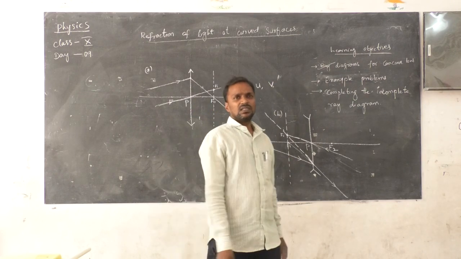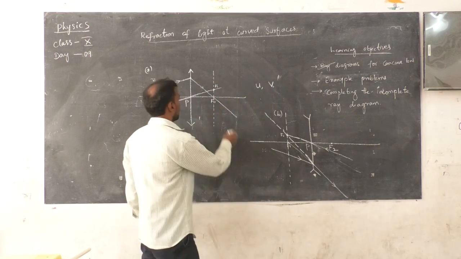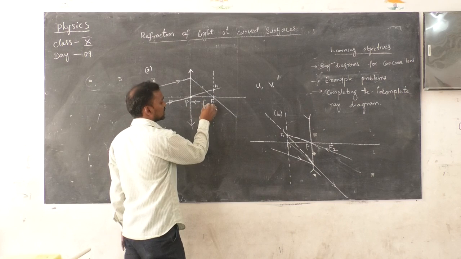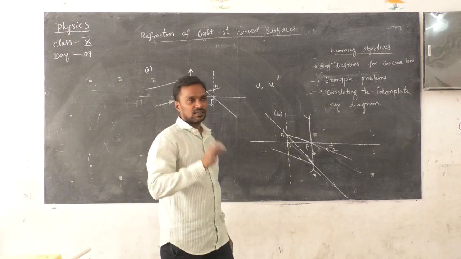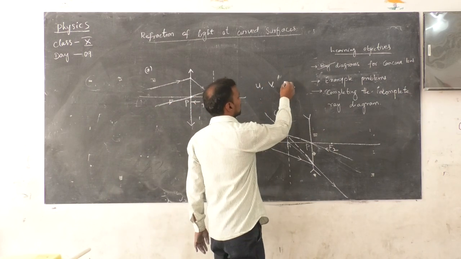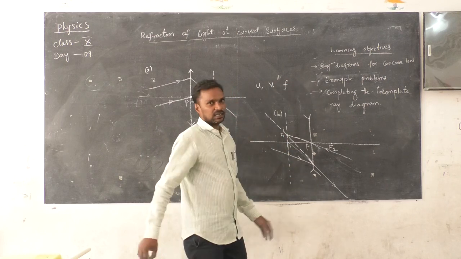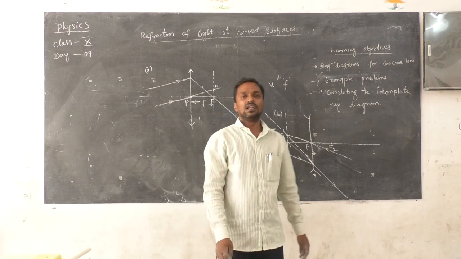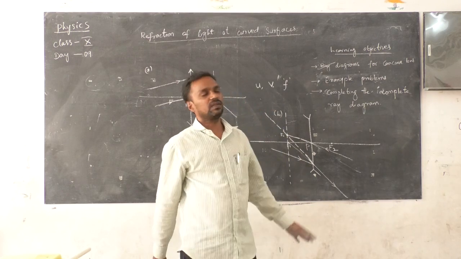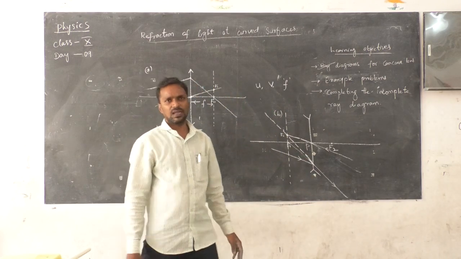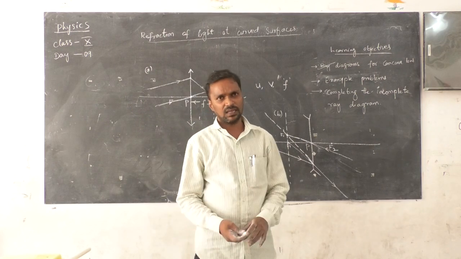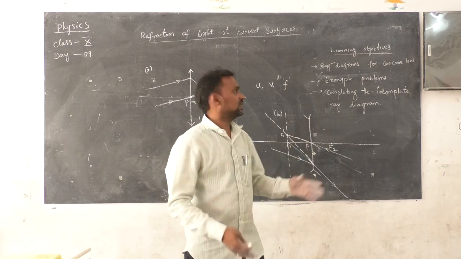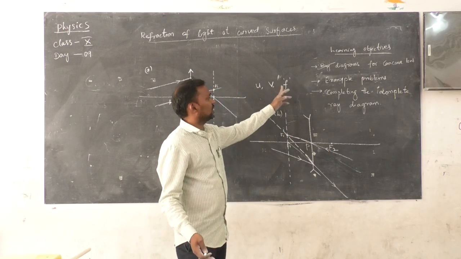And next is the distance from the focus to the optic center. This is called focal length, as we have discussed earlier in the classes. That is denoted by the small letter f. F is nothing but the focal length of the lens. The relation between these will be given by performing an activity. The activity gives the information on how to correlate U, V, and F.